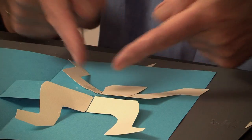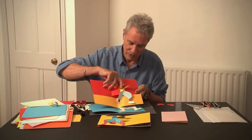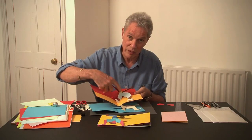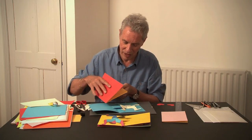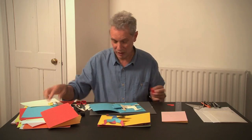In fact, when you come to making your own design, you'd probably make all these out of one piece. So the two arms will be one piece with just a crease down the middle. Yeah, you can see that's what I've done in this case. The arms are one piece with a crease, and the legs are one piece with a crease. But to do this, I had to go through a number of dummy roughs attempts till I got the angles all right, and then stick them on. Now, this is working okay, so now we can just